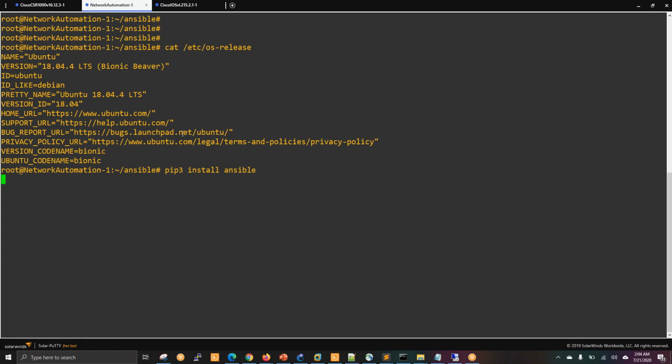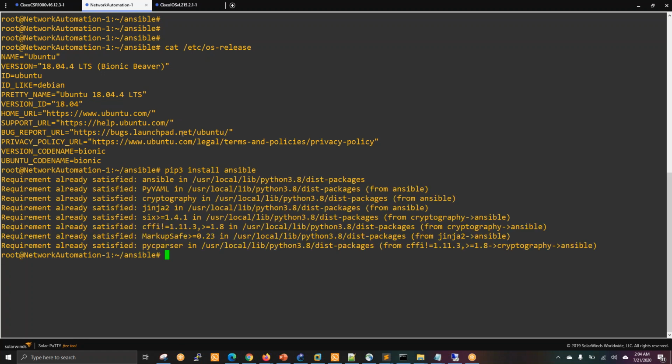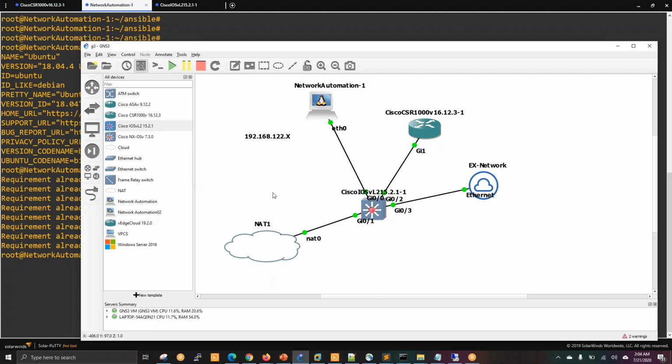So I can go and install the Ansible like this because I have already installed it. So it is showing that it is installed. Now what about the lab? Here you can see the lab section. I have my automation where I have installed the Ansible, and then I have one CSR device where I want to check the configuration. This CSR device that we have here,